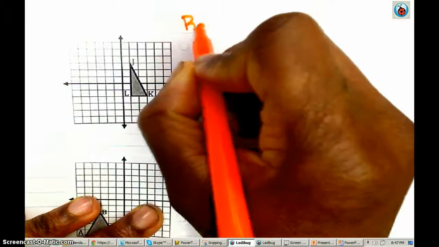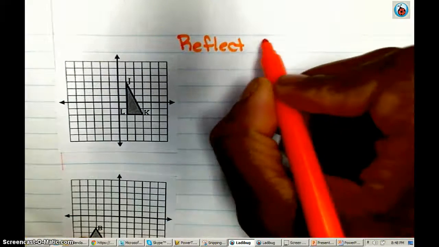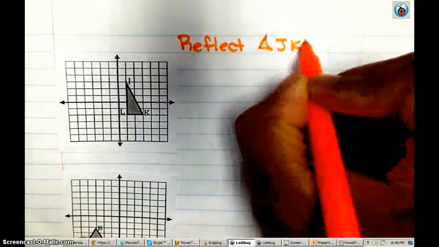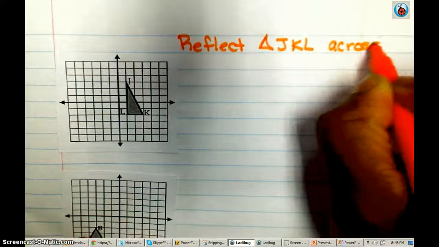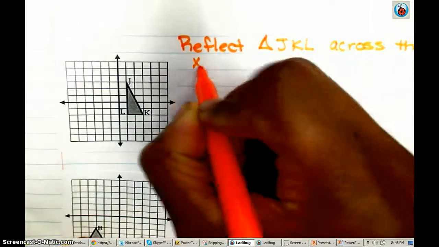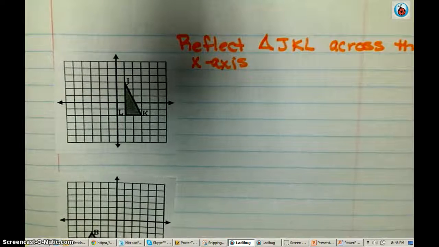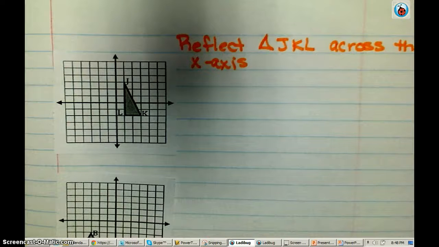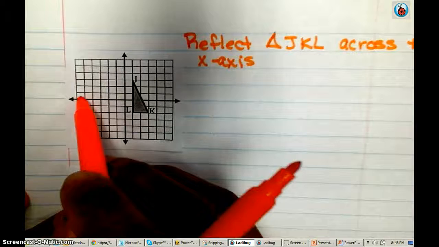All right, we are going to start off by taking triangle JKL, and we're going to reflect triangle JKL across the x-axis. Okay, so we're going to take this triangle and we're going to reflect it across the